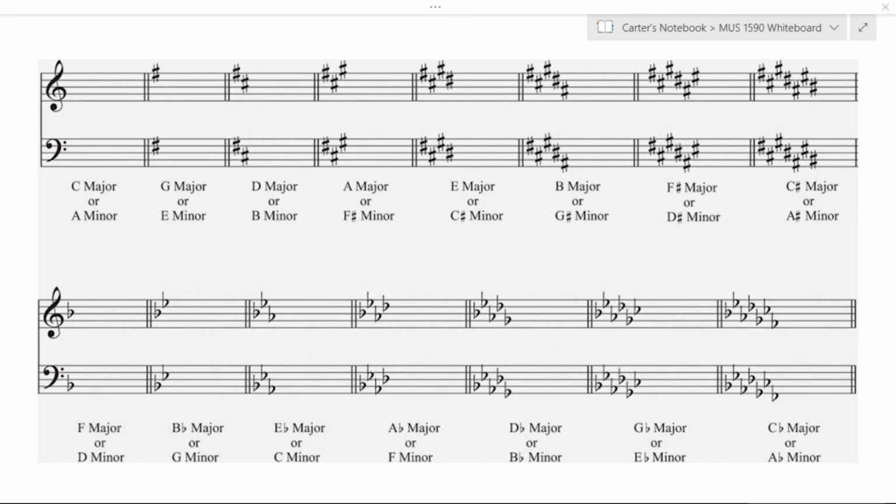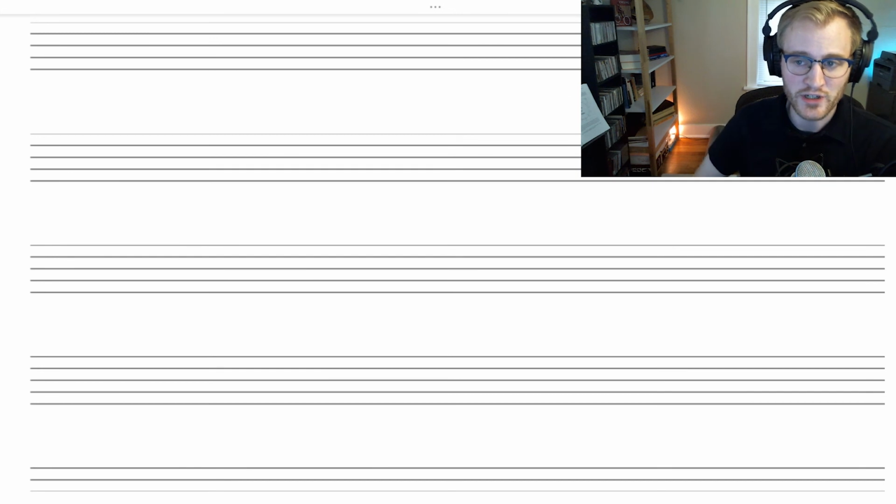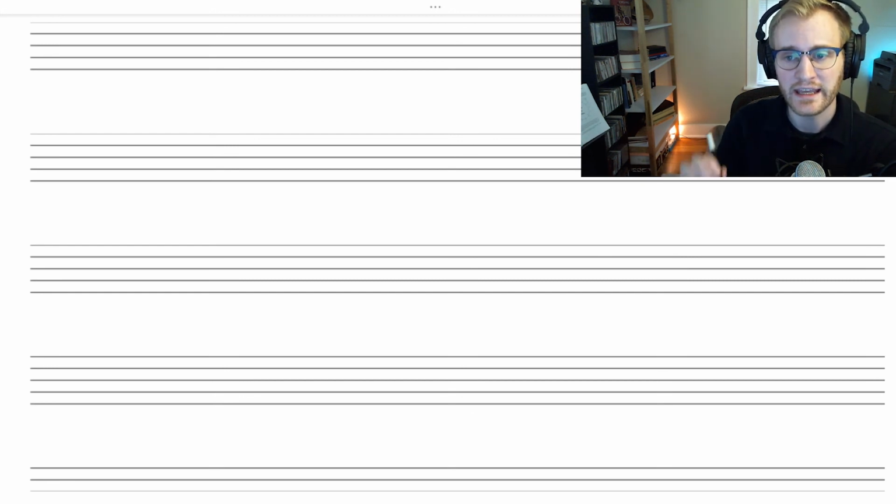And you need to be comfortable with both the flats and sharps in treble and bass clef staff, making sure you have the order and position of each of these things correct. The last thing that I want to mention in this lecture is that when it comes time to creating key signatures or writing out the scales that are created as a result of those key signatures, it's really important to